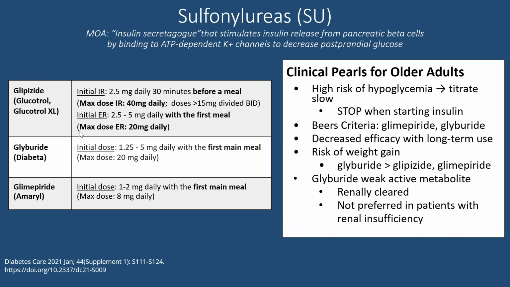So the trick is really to figure out what sugars the patient is having, and if they're having any low sugars, probably not your go-to drug. But if their sugars are generally high, over 200, you might start a low dose of glipizide. 2.5 milligrams is a very low dose, and if a patient agrees to do careful monitoring of their blood sugars at home, it can be very effective.